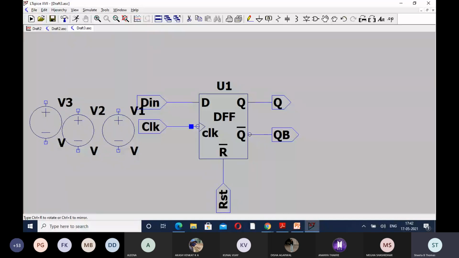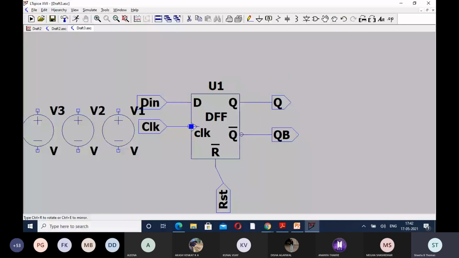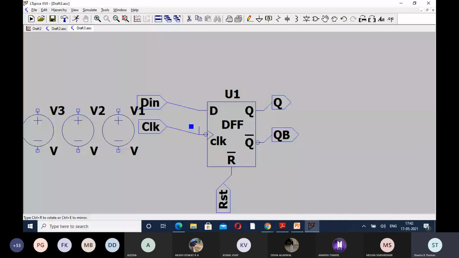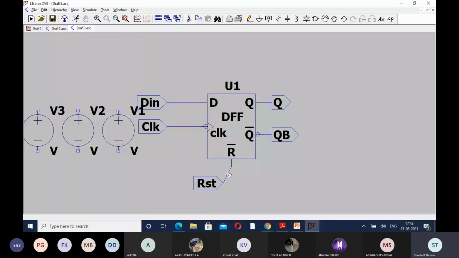One, two, three. Fine. So now we have to give the negative side of the voltage to ground.